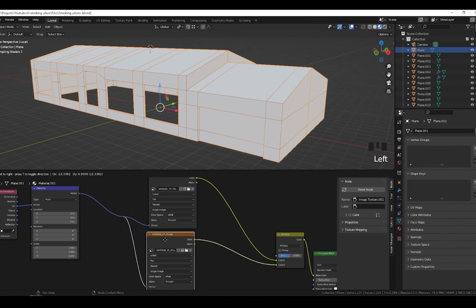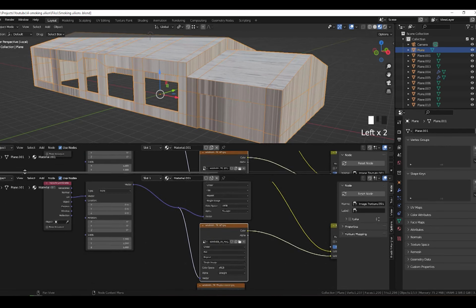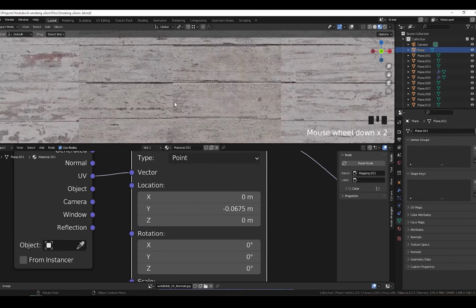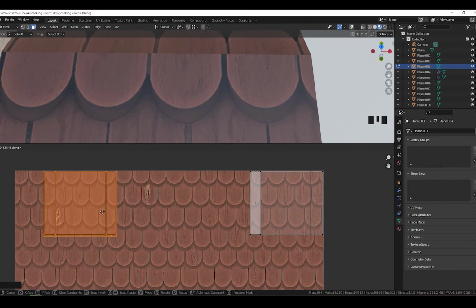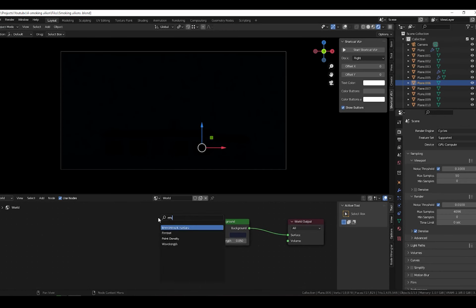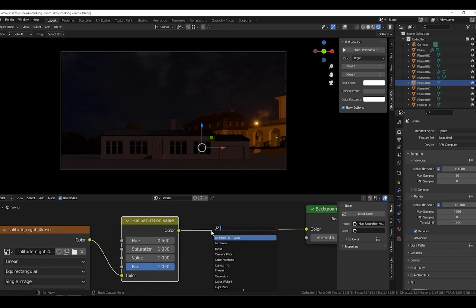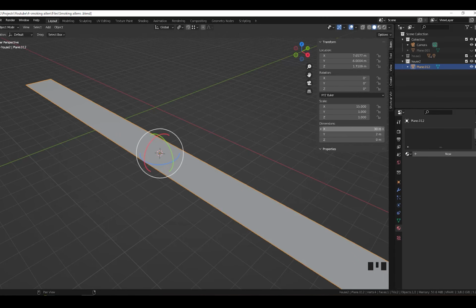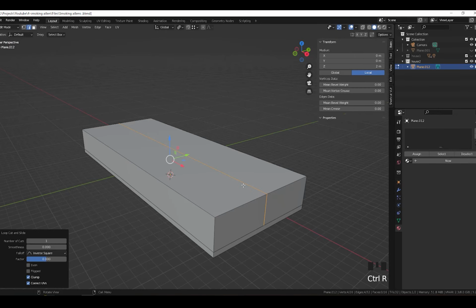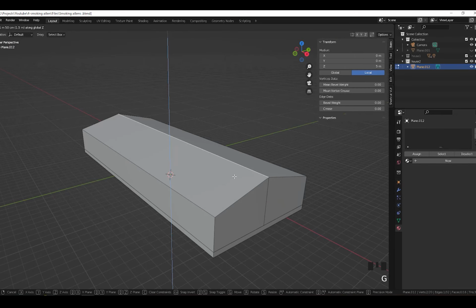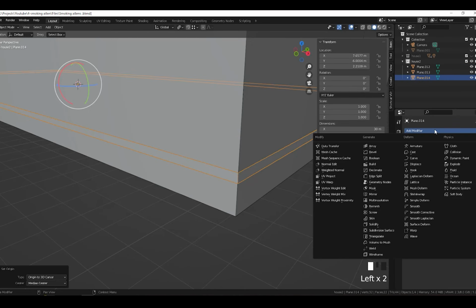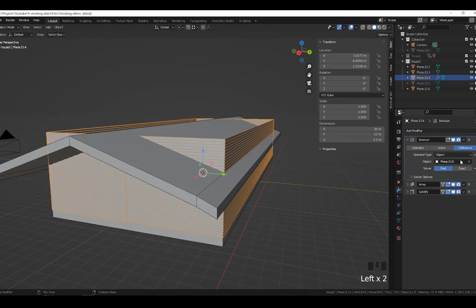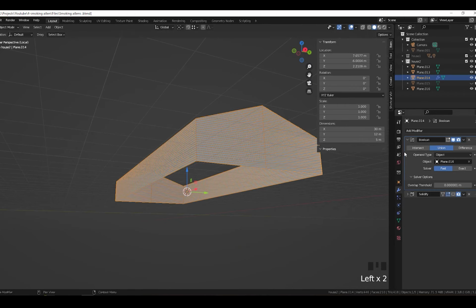After that, I made materials for the clapboard and roof tile and unwrapped the geometry. And then I added HDR light for testing the material, and to be honest, I wasn't happy with the result. So I decided to model the clapboard and roof tile instead of making them by material. For the next house, again I made the blockout and then modeled the clapboard. By adding the array and boolean modifiers, you can cover the whole house with the clapboard, and at the end add a bevel modifier to make it look better.